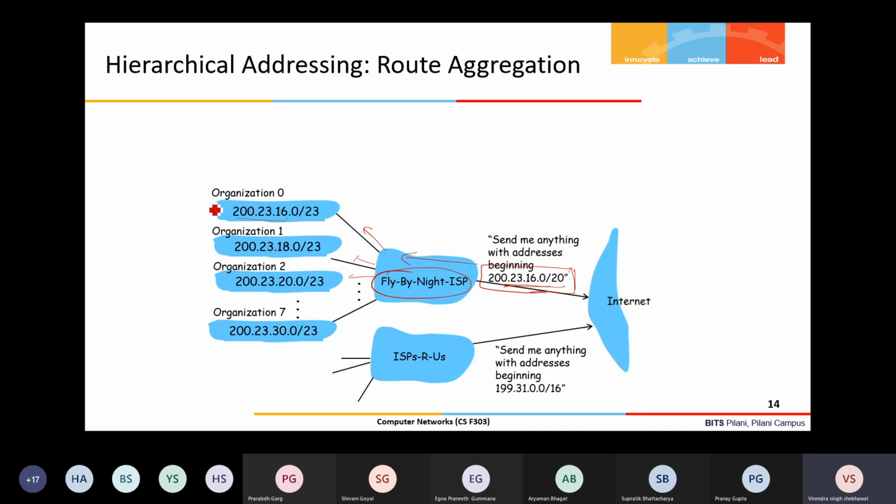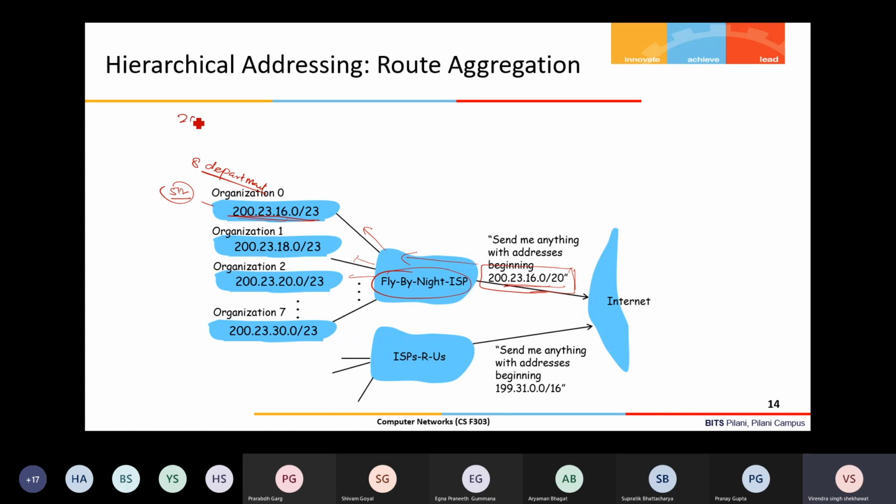And within an organization further, maybe these 512 addresses can be divided. Let us say I have, in this organization 0, 8 departments further. And for each department, I want to create a separate network. So tell me, this is this address, how will it be further divided? So this is 16. If you write the address,